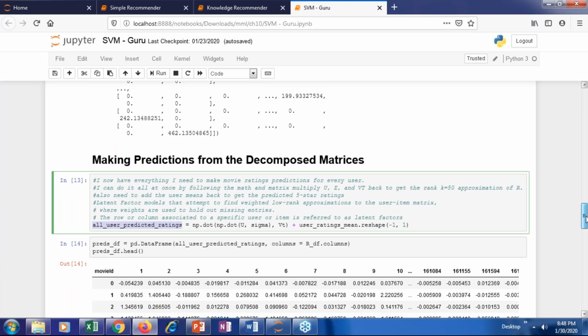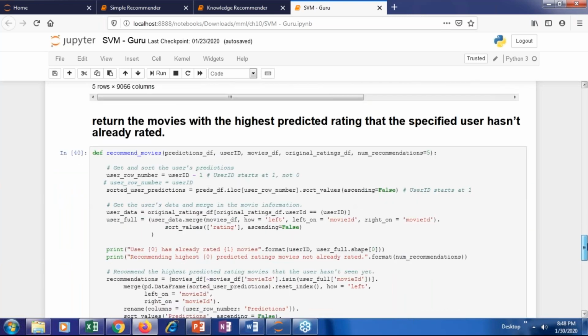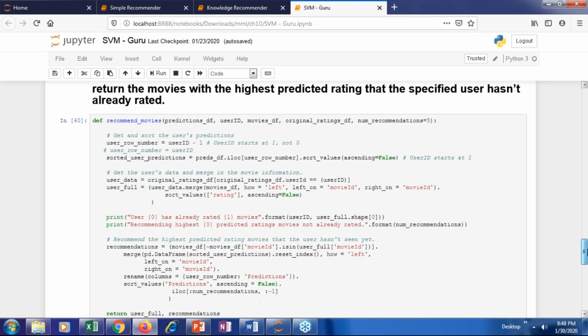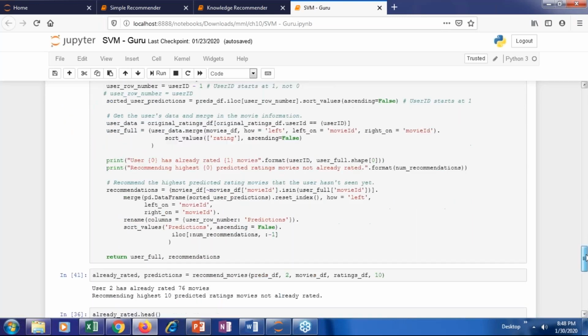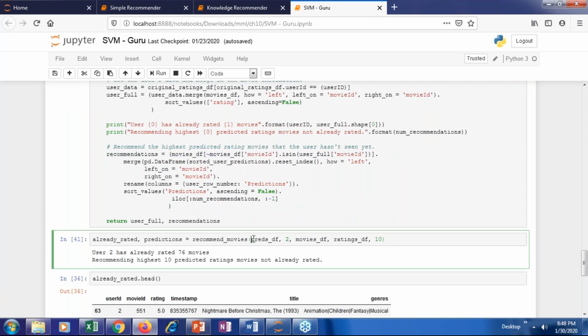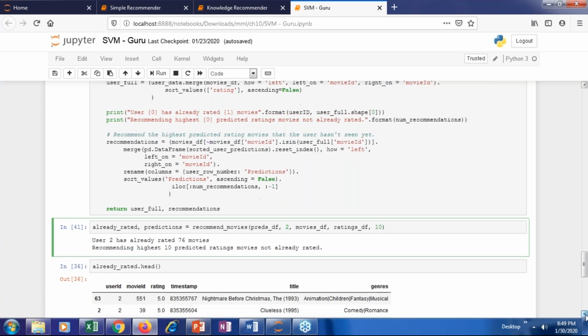Once this is done, I return the movie with the highest predicted rating that the specific user has not already rated, which I call the recommended movie, in which I pass this predict argument here and choose the user and movie rating,